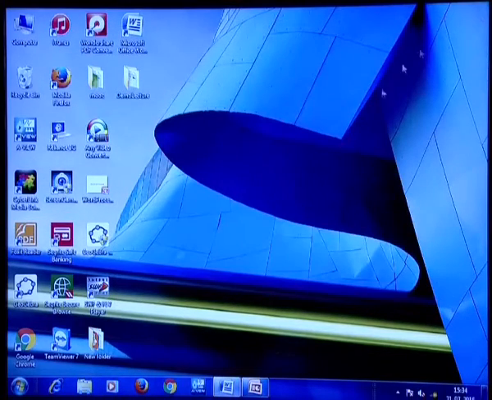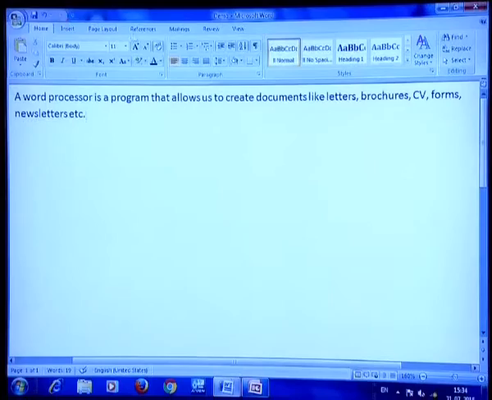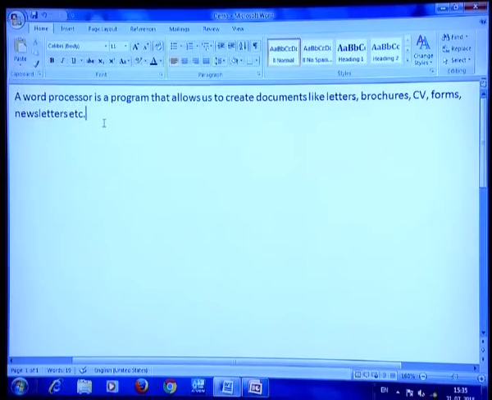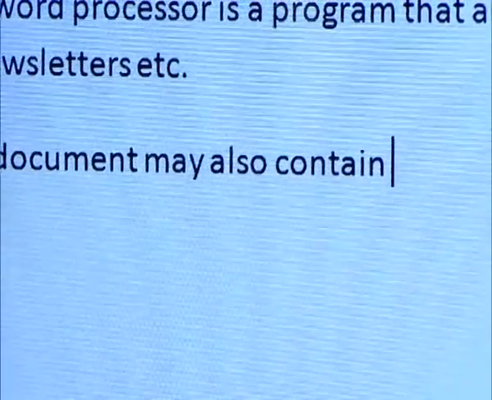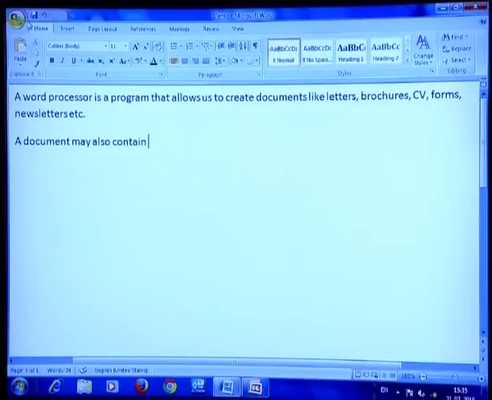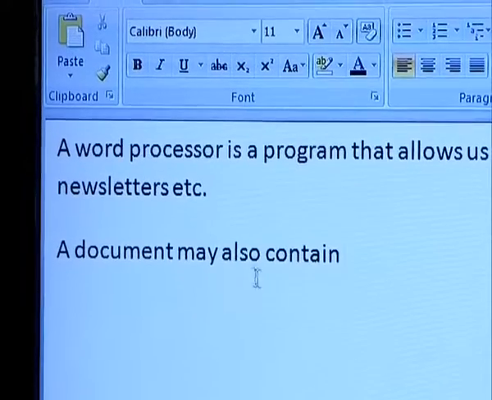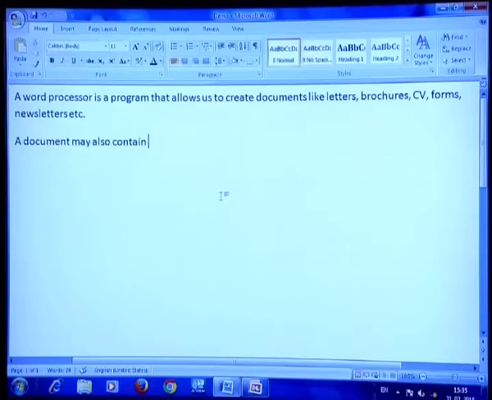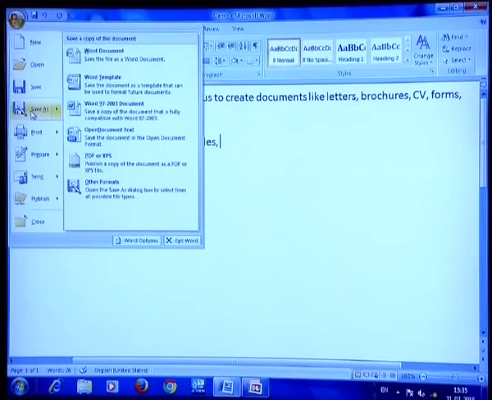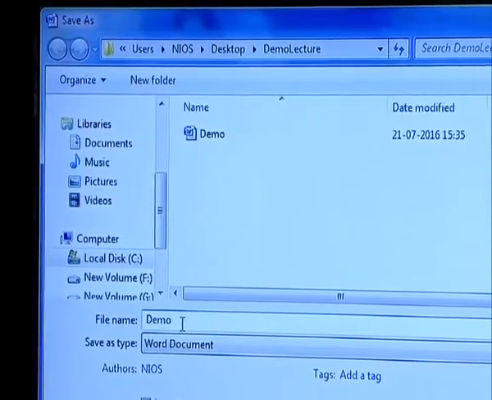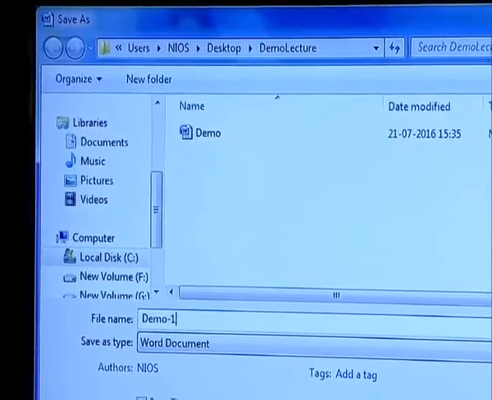Let us close it, go to Word again. Now, if I save this document, again this will be saved. Suppose I make some changes in this. Now, if I save it, then I can save it from here, Save, or I can save it from here. If I save it, again the document will be saved. Now, let me make some more changes. Now, if I click at Save As, it will ask me for the document name again. Now, I can save this with a new name, let me say demo 1.